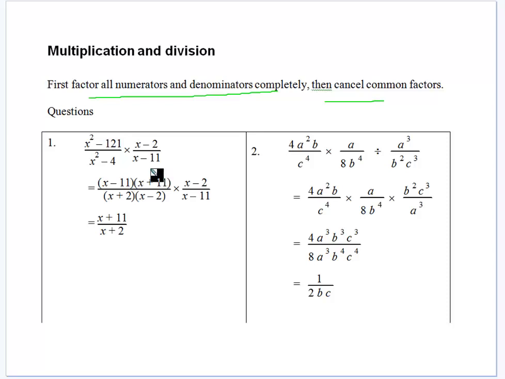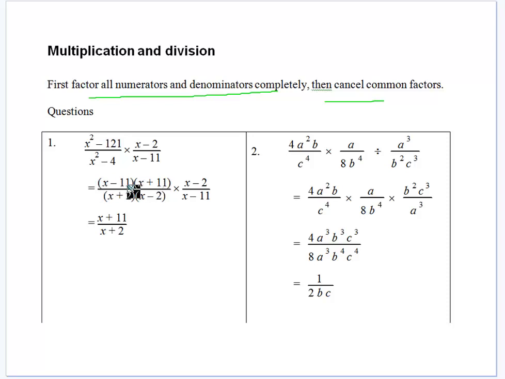So how do we go about it? Well, I look at my right hand side first here. This term here, I can't simplify any further, so I'm going to have to simplify this one. What I'm looking for is something to cancel: x minus 11 and x minus 2. So when I look at x squared minus 121, hopefully it jumps out at me that's going to be the